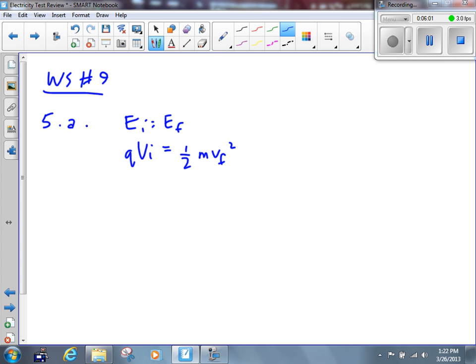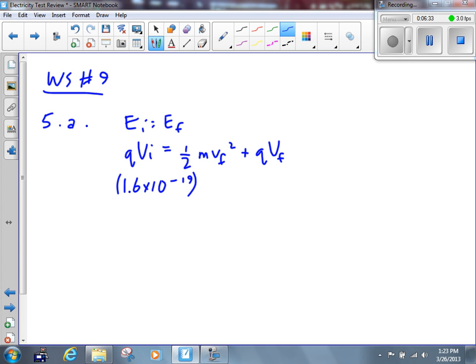Now, you've got a couple of options here. Some people will say that there is a potential energy at the end of this, because, oh, we haven't traveled all the way across. We know we've only traveled a quarter of the way across. Some people will say, well, I want to define that as 0 potential. You can do it either way. We'll take a look at both ways. Okay, let's assume first that there is a potential at the end of problem A, when it's gone 4 centimeters. If we do,